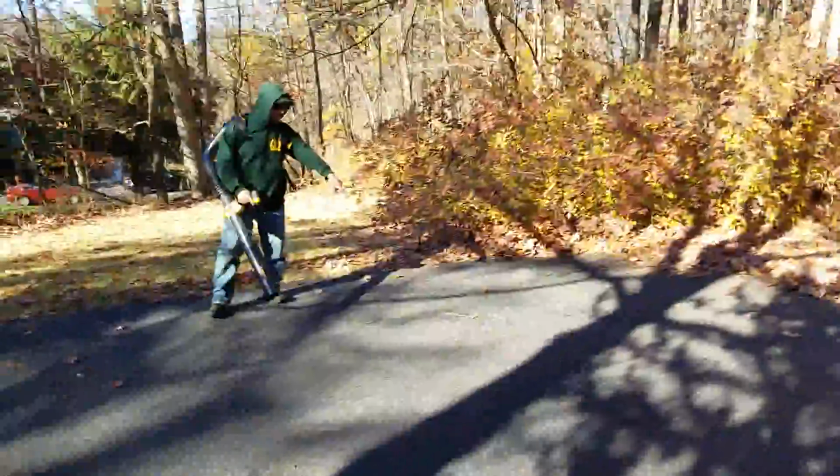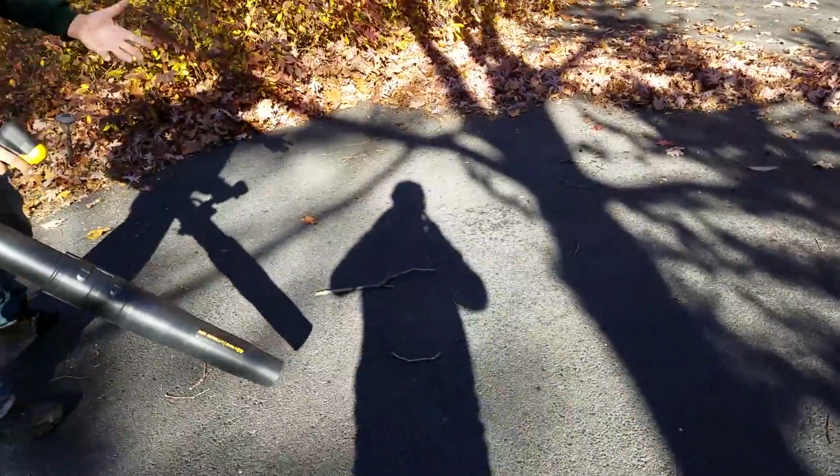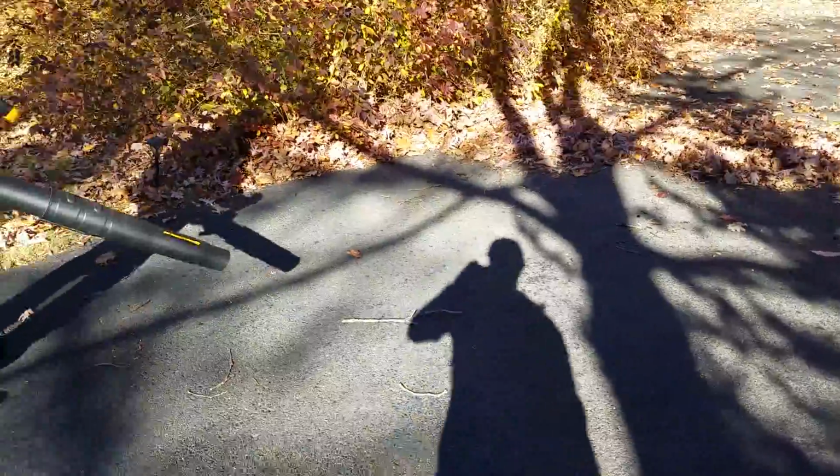See this stick? We're going to see how it does with something like that. Now, the 8500 would blow this stick into the woods probably in one blast, but...